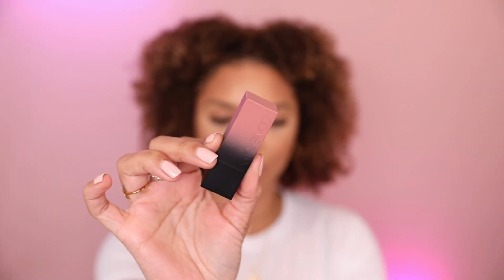The next shade is Girls Trip. So this one is going to give you the look of a matte lipstick, but it's not going to give you the wearability. It's not going to stay on all day. It's still going to have transfer, but it is going to be comfortable. So you're kind of giving up that all day wearability from a liquid lipstick,